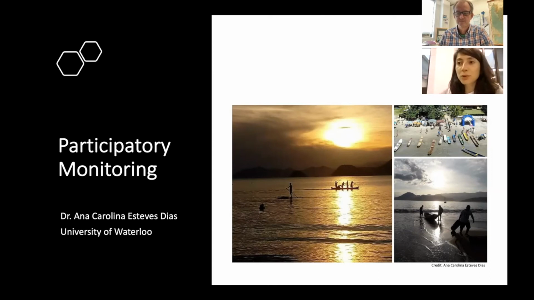Language barriers, so we are used to talking in a way that might be different. For example, for people from the government, it might be different from fishing communities. So be aware of the language that you're using and make sure that you have a common understanding of the words we use. For example, indicator is a word that we use in participatory monitoring all the time, and making sure that the group understands what that means. It's critical.